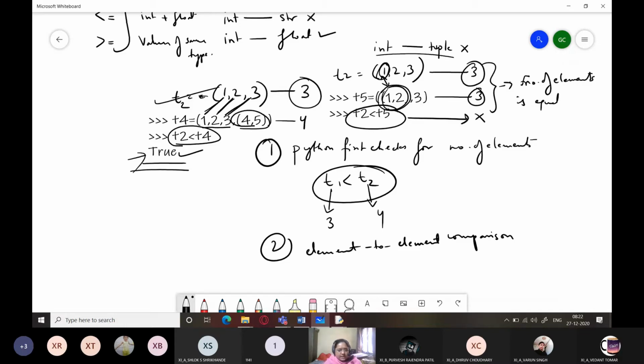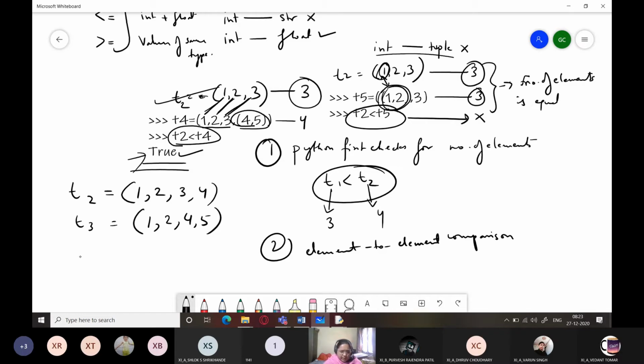And the rest of the things are the same as comparison between two strings, comparison between two lists, and so on. So if we have the same number of elements, like I have 1, 2, 3, 4, and T3 has, sorry, let me take some value like this: 1, 2, 4, and 5.